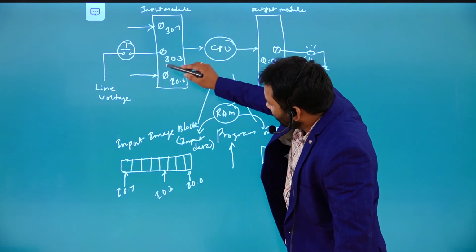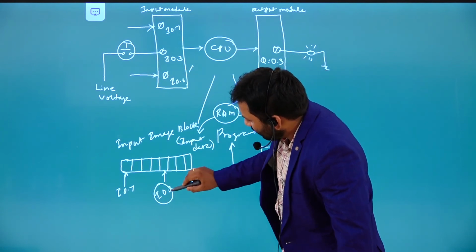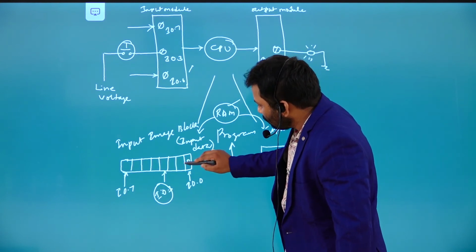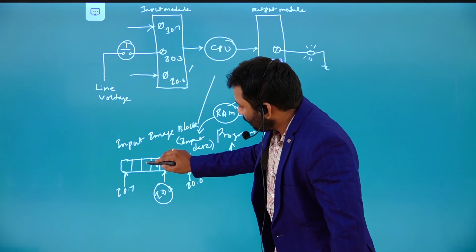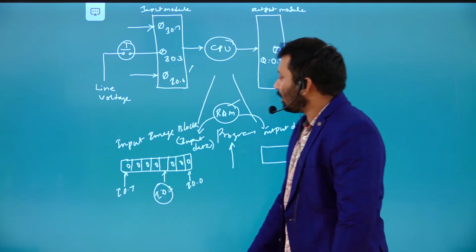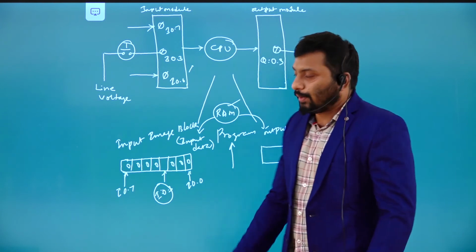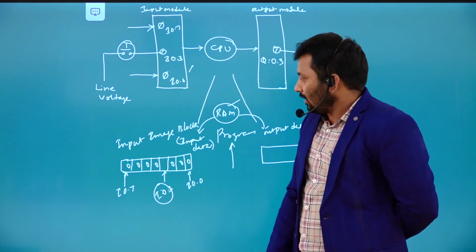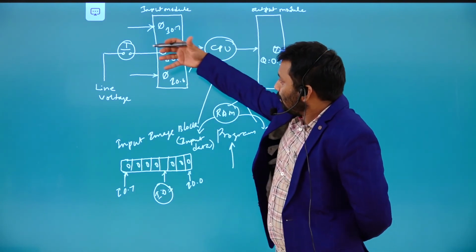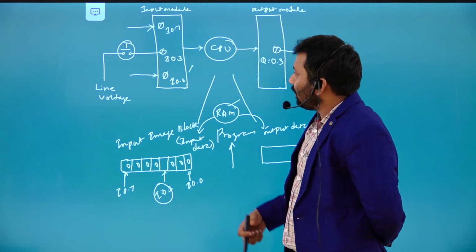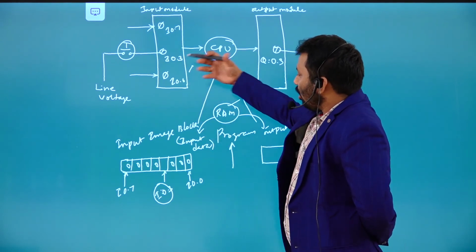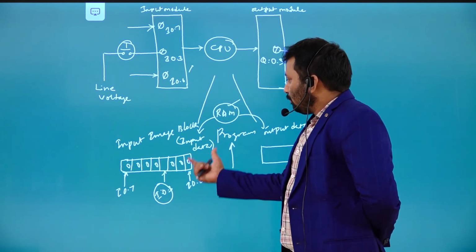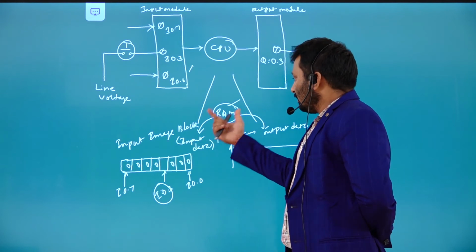So see, all the terminals except this particular one, I 0.3, remaining all are zeros only. Why? Because they are not connected to any input devices. In this example only one terminal is connected. That is the reason the data coming from the remaining terminals except I 0.3 are zeros. That is the reason all zeros are going to be stored in this input image block in the RAM as input data.